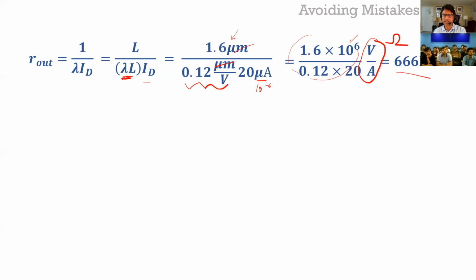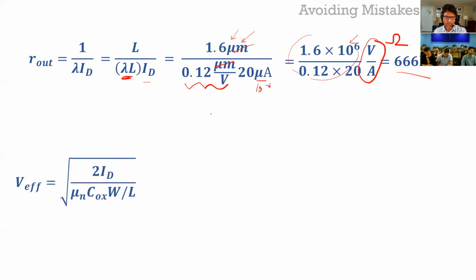Because I think some people miss this microamp and they just get like 660 ohms or 0.66 ohms. And that's another thing you have to get used to. So for example, in our route, when you have 20 microamps and roughly a 1 micron length, pretty much in all technologies, you will have your resistance in kilo ohms, right? If you are having it in 10 ohms or 12 ohms or 0.6 ohms, there's a big chance that you made a mistake, unless the current is huge, like you're pumping in 1 ampere or something like that, which we'll never do in the kind of circuits we're